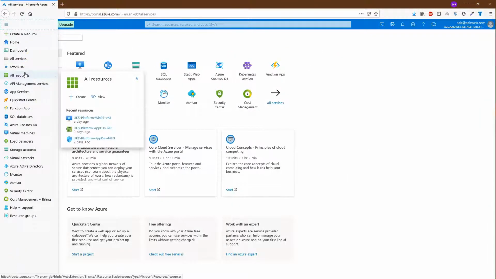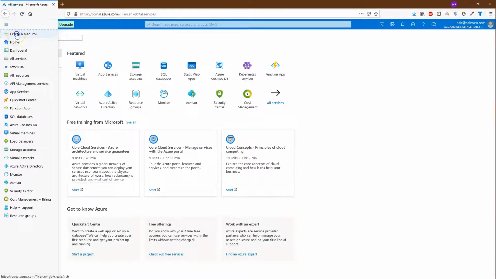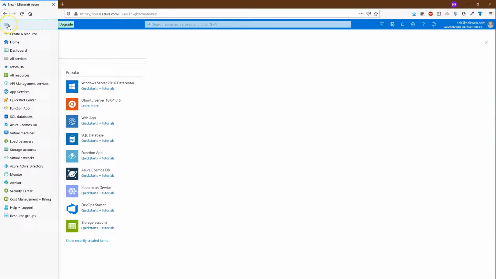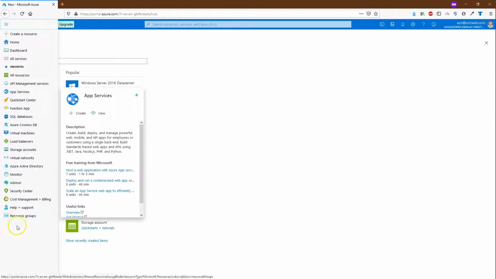If we click on the plus create resource link, then the portal shows a screen with all categories and some popular resources. Here categories are sorted in alphabetical order. We can search for the resource to provision it. The second part of the menu is for favorite resources. We can make changes in favorite resources. A favorite resource can be removed, moved up or down, or a new resource can be added as a favorite.